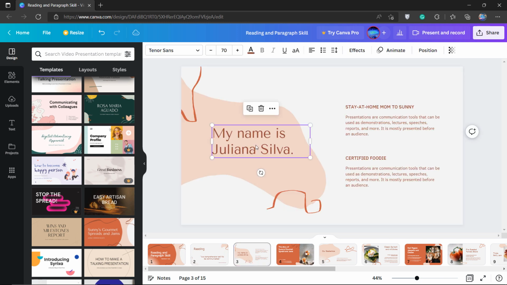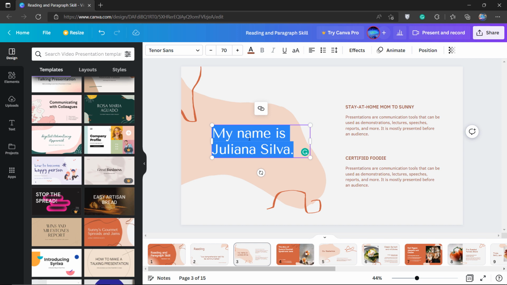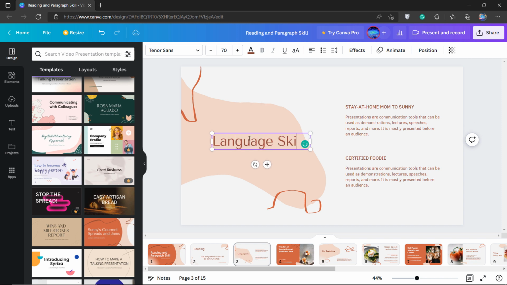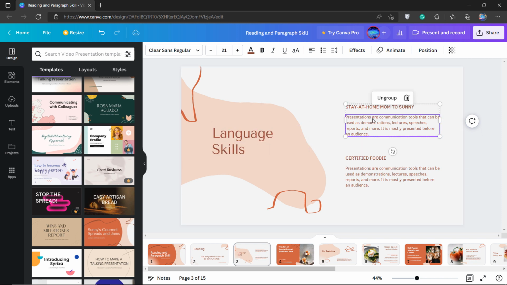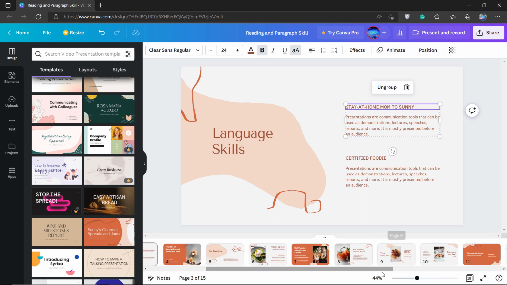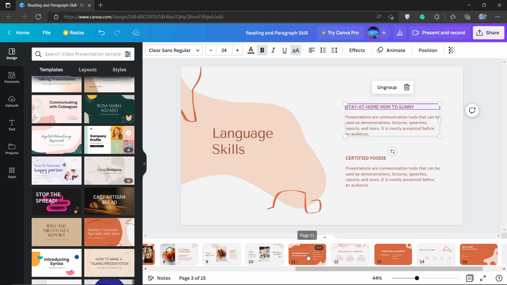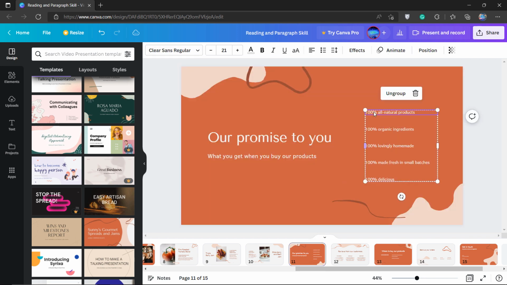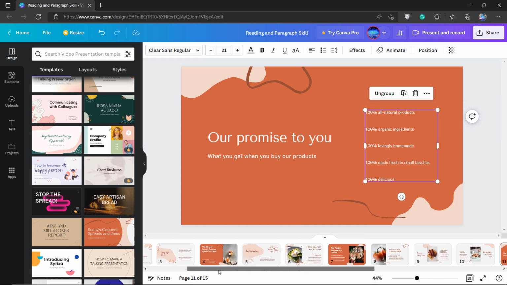On the next page I'm gonna say language skills, because I want the points of those, and if I see there is no point sheet, yeah, here I got that. Okay, so I'll copy all of that and paste it there.